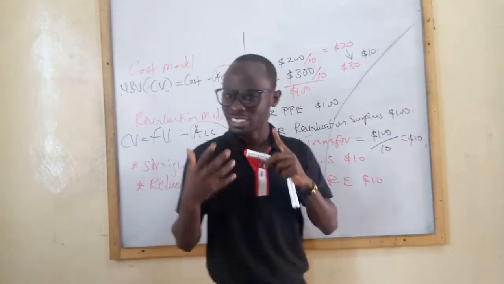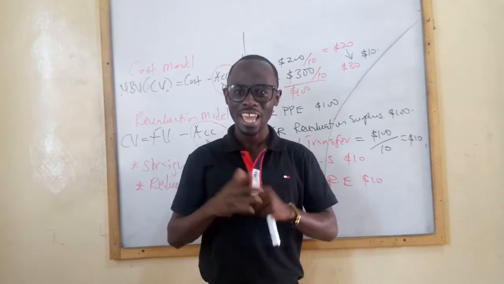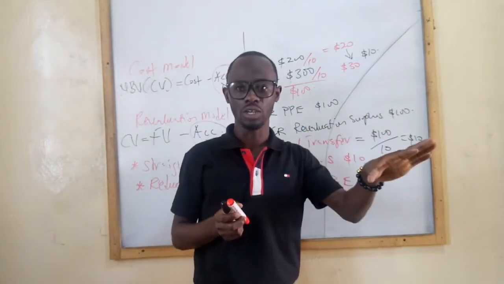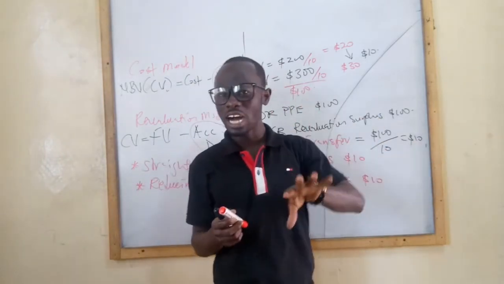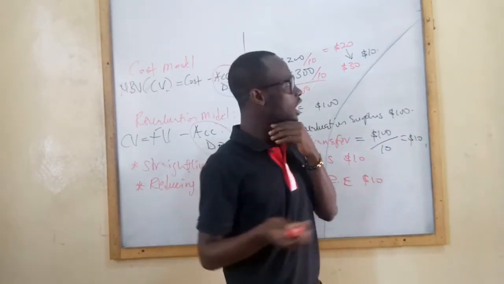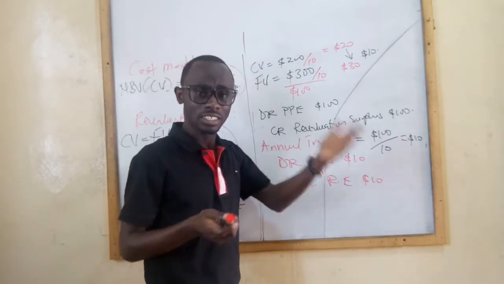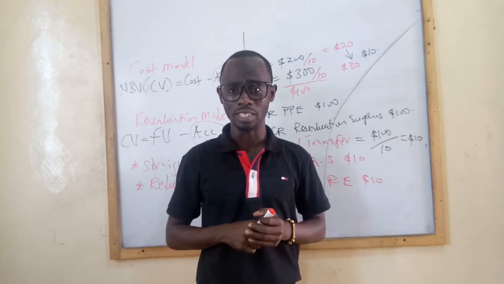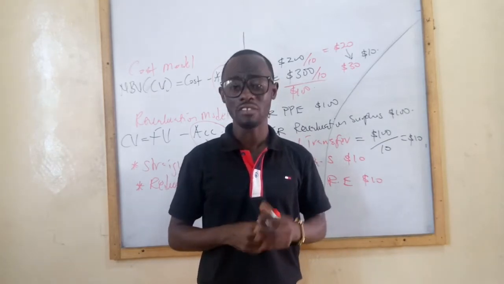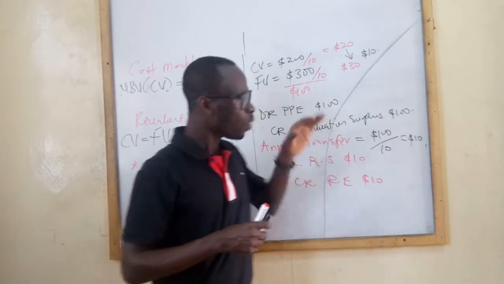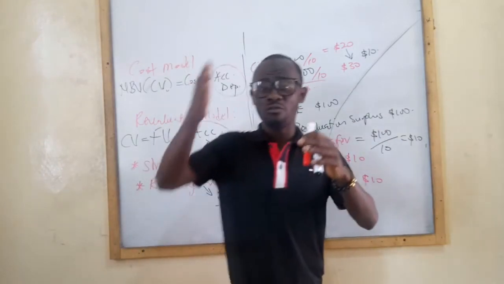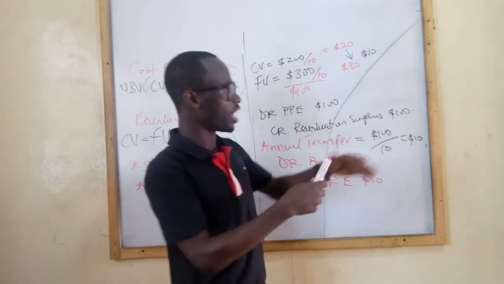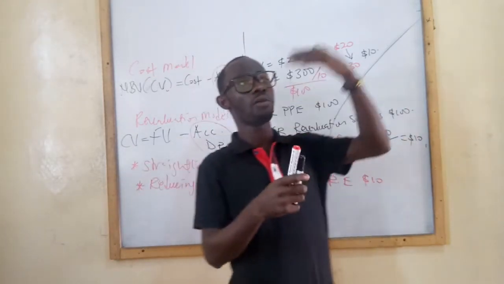What it means is that technically shareholders are not losing anything at the end of the day. This is what we refer to as upward revaluation. Now, when there is a downward revaluation, what do we do? Assuming we revalue this asset this year, and the following year the asset suffers impairment, or a reduction in its value, we are going to reverse it as we have done it. So if the upward revaluation was $100, and then the following year we realize that the asset